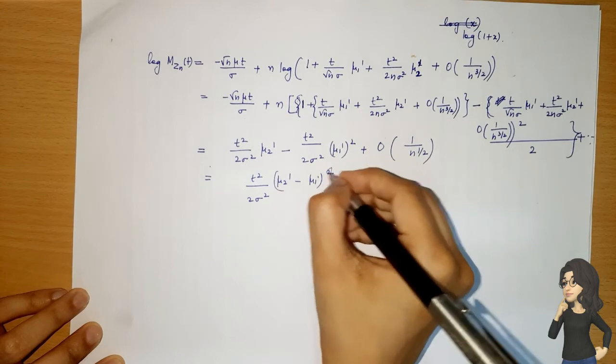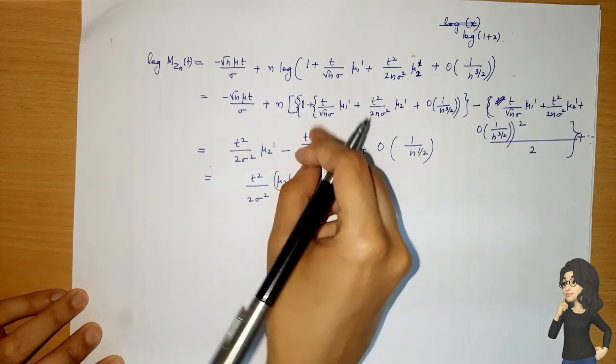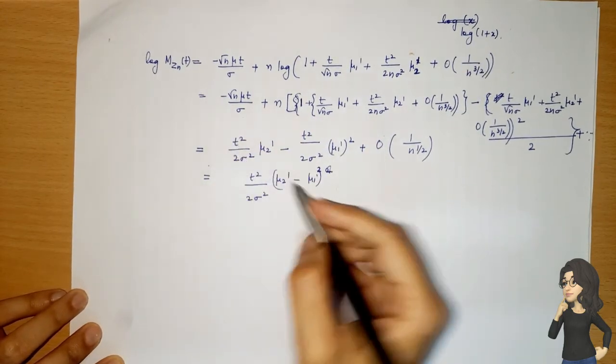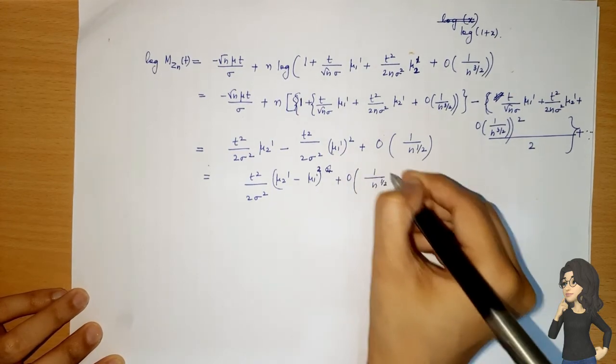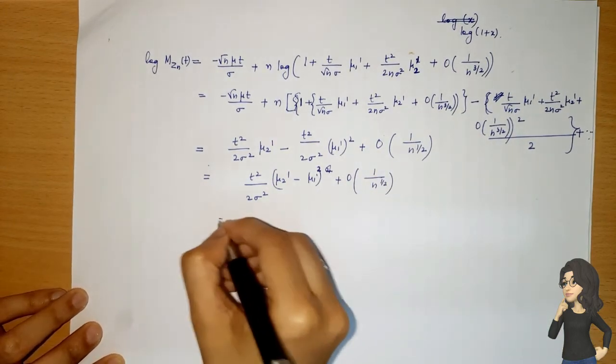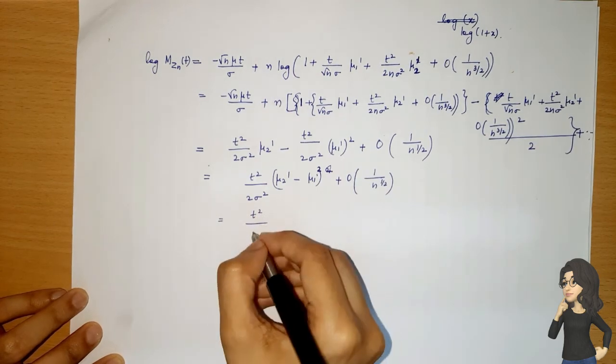Sorry, it's not the whole square, it is just the square. I have taken these terms to be common, plus O of 1 by n raised to 1 by 2, and that is equal to t square divided by 2